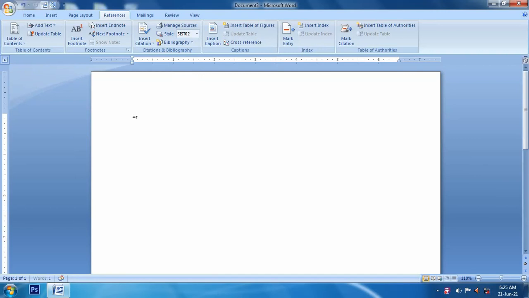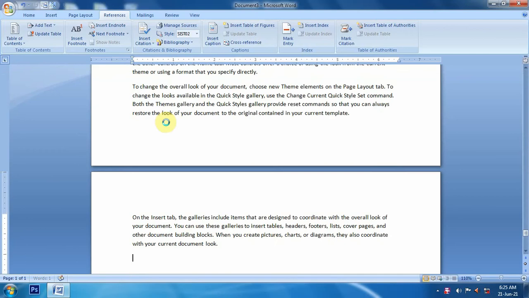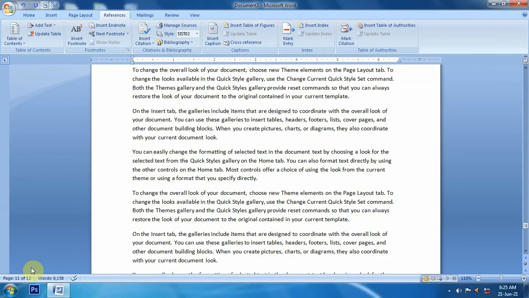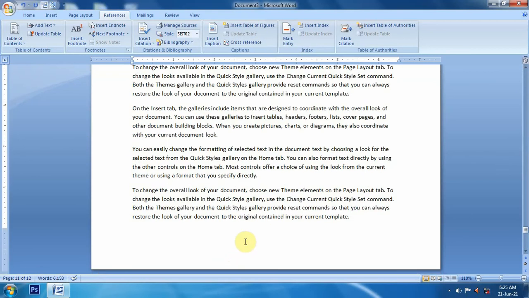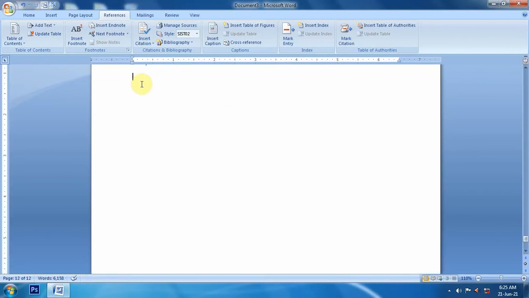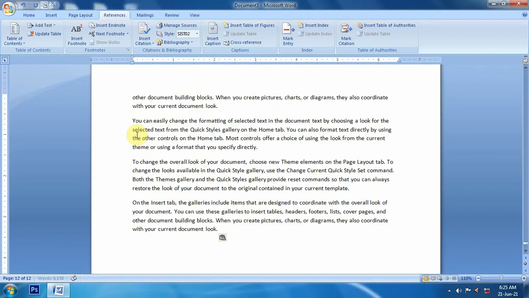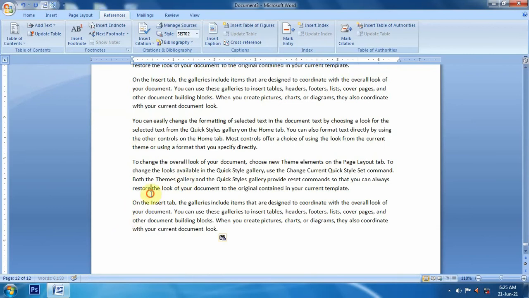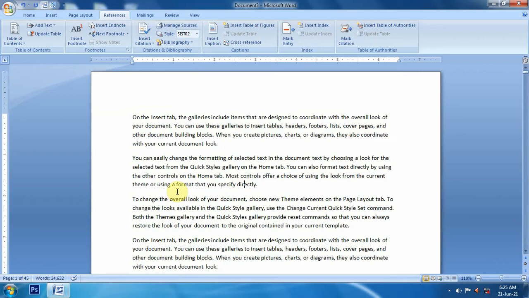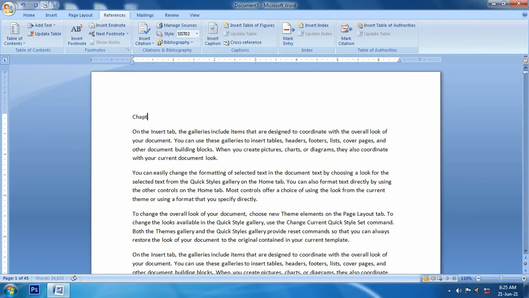So for this, first of all we have to take a document which contains multiple pages. Like this, it is a document which contains around 12 pages. I will select all data, Control A to select and Control C to copy, and I will paste the data to increase the number of pages, Control V 2-3 times. So now we can look here, it contains 45 pages.